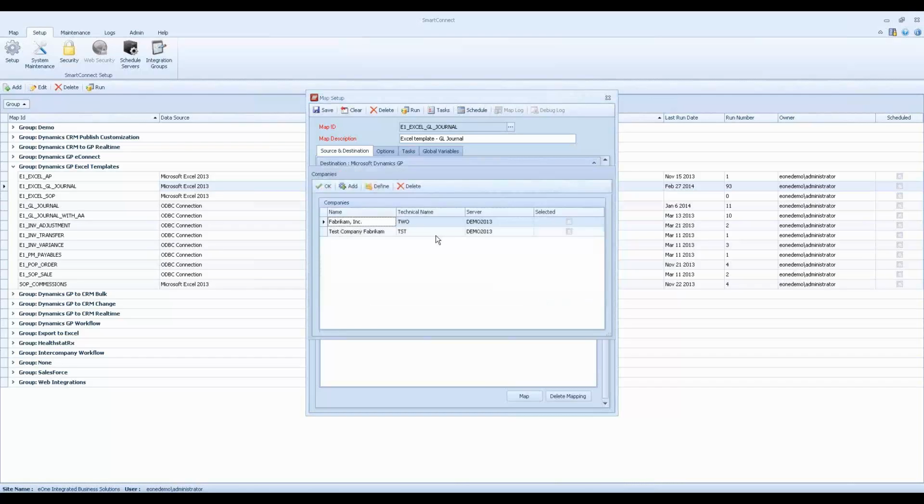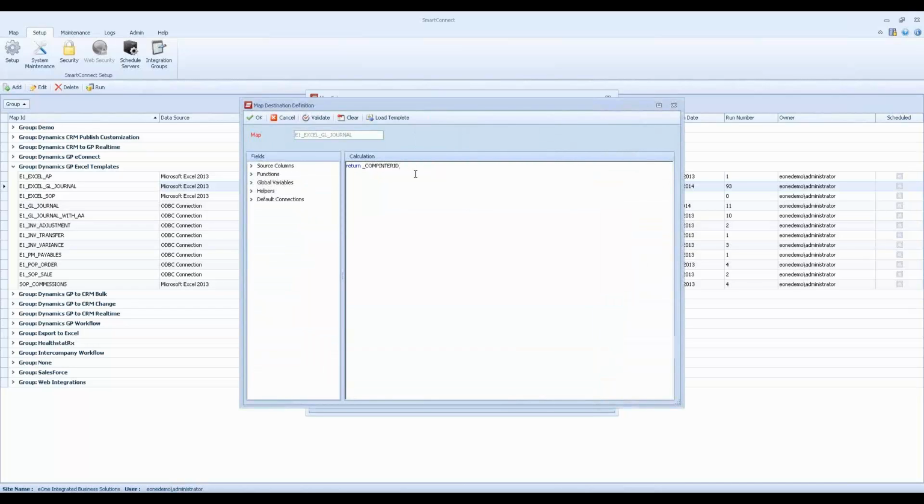Why I'm here, before we get into the mapping, you can run this into multiple companies at one time if you wanted. I could choose to run it into both my Fabricam company and my test company. Now, interesting thing here is you'll see that I don't have any selected. But if I click on this Define button,